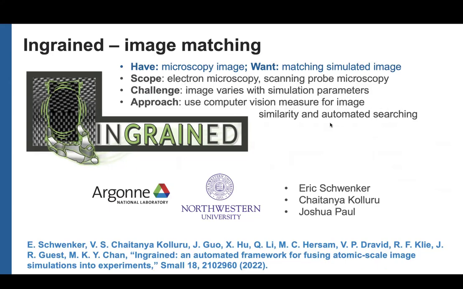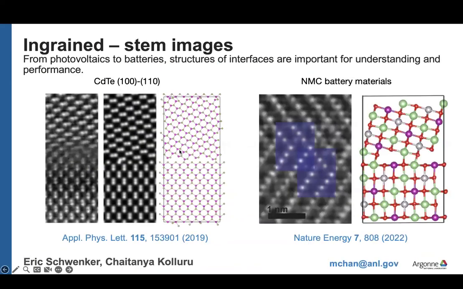And so we developed this code called Ingrained, which has the goal of trying to determine the match of a simulated image and an experimental image. At first, we used it for electron microscopy as the sole purpose, but then it turns out that for scanning tunneling microscopy, that's also very useful. So now Ingrained works on both TEM and STM. And it's not just the matching, but also the alignment. And in the case of